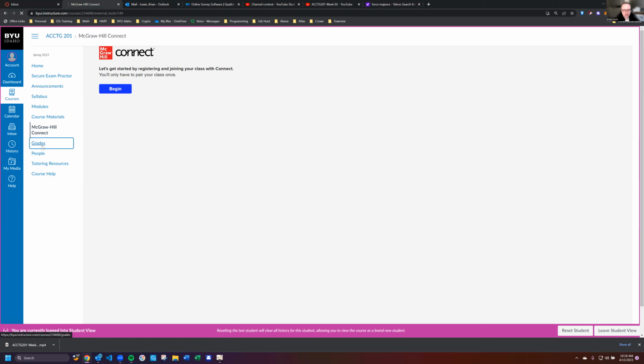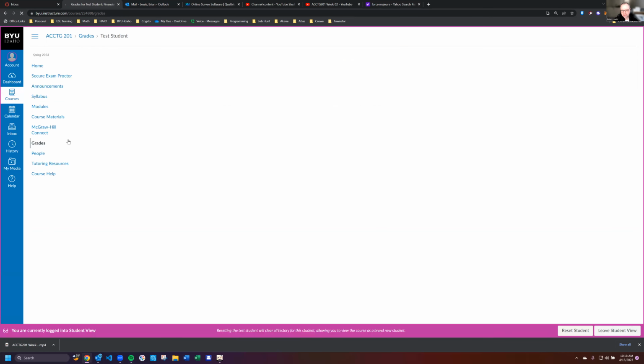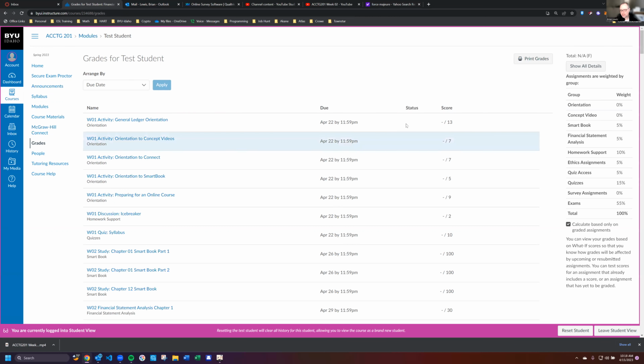So make sure you get that set up pretty quick. You can always see where you're at in terms of grades by here. And if you have any missing assignments, they'll show up as zeros, but you'll be able to see your scores and be able to work through kind of how that's shaping out for your overall grade.